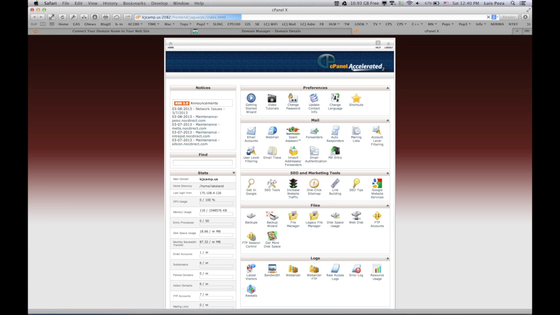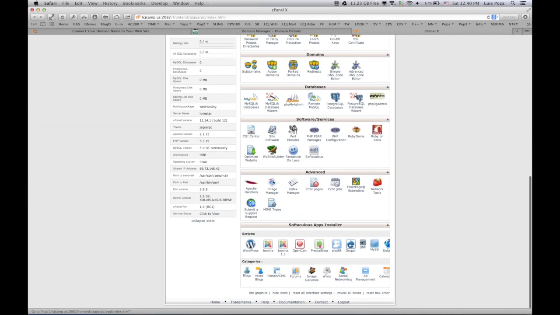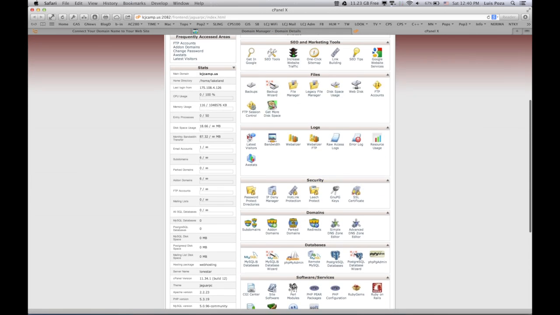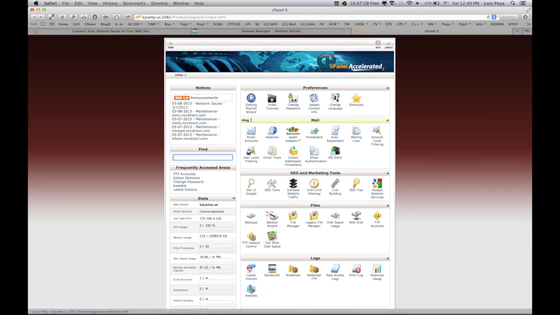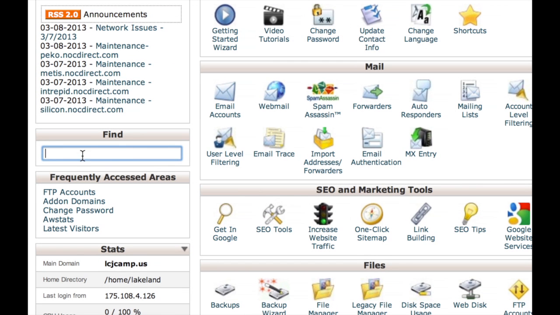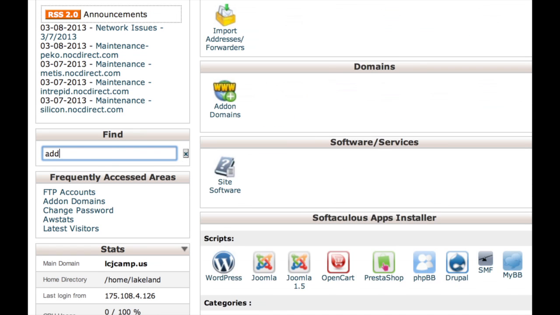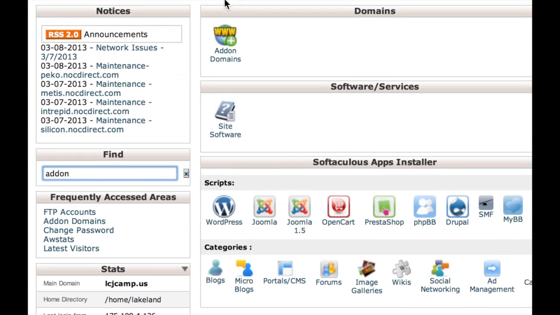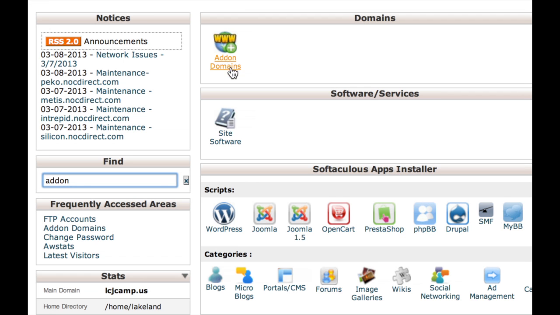Now, when we log in, we're going to see the cPanel main page. Here we go. And there's quite a lot of things here. But the first place that we want to go to is the Addon Domain. Now, as you can see, there's a lot of stuff. But if you have trouble finding anything, the easy way to find it is to start typing it in this find bar. It has a live search, so if you start typing ADDON, there it is right at the top, Addon Domains. So you want to click where it says Addon Domains,